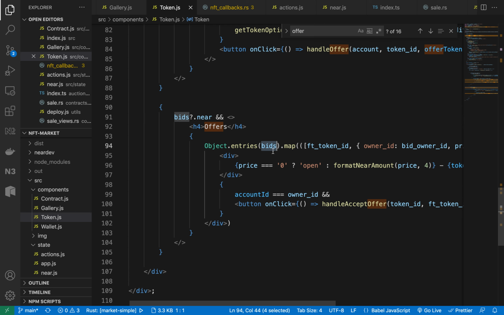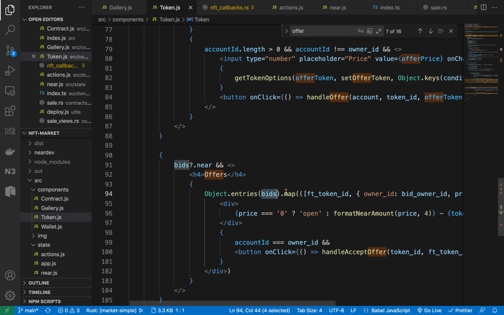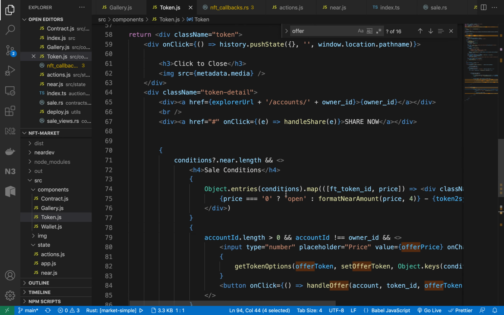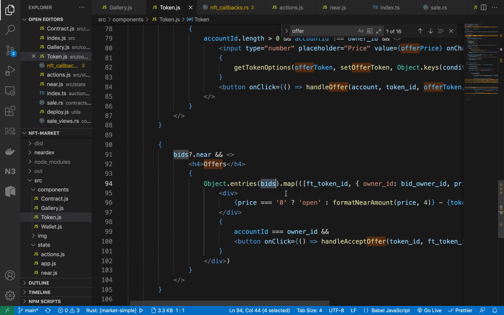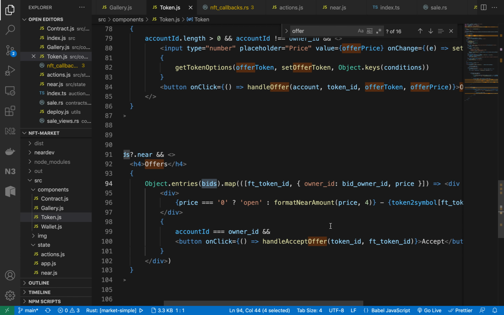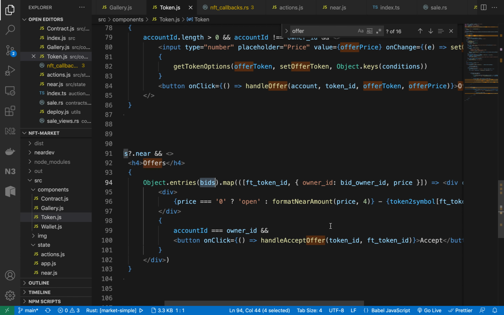So there's a bids object that you can get, and you can show all the different bids that have been given for this particular NFT if you want for your UI, or you can just get the bids array and show only the topmost bid, because every time somebody bids, they have to bid higher than the highest bid that has happened previously, otherwise their bid won't go through, right?